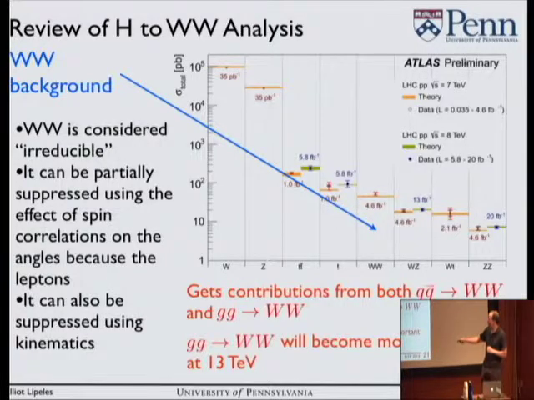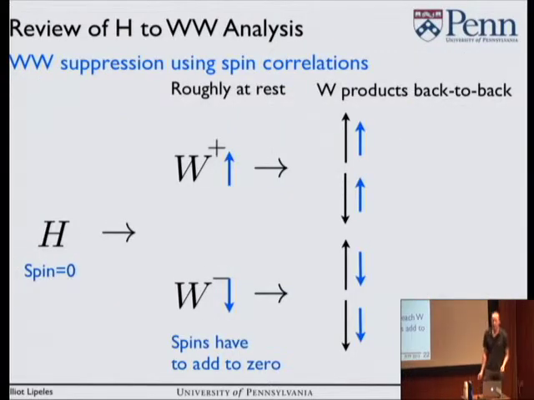But it can be partially suppressed using two different kinematic things. One is the effect of the spin correlations, which I'll describe on the next slide, just to make sure everybody knows that story, and the other is this approximate mass variable that I mentioned before. And remember, our signal is way down, an order of magnitude below this background. OK, so the way that the kinematic suppression using the angular correlations works is that